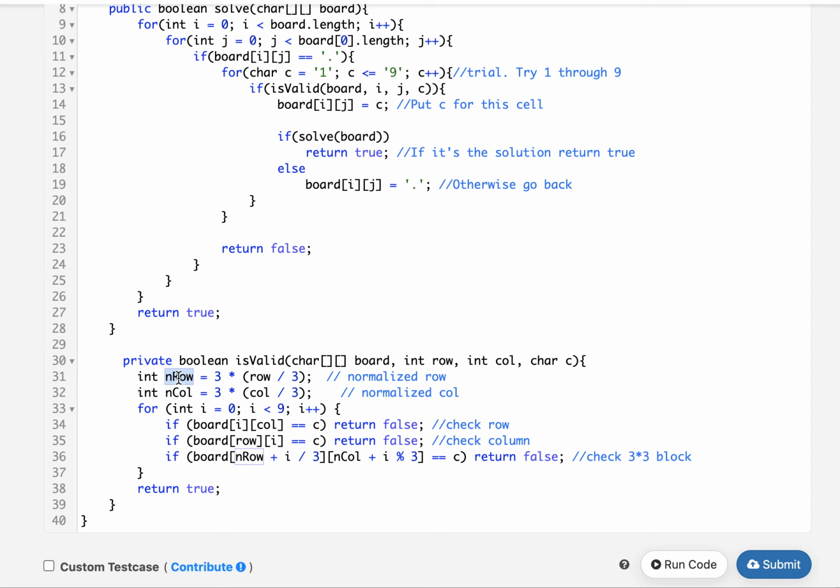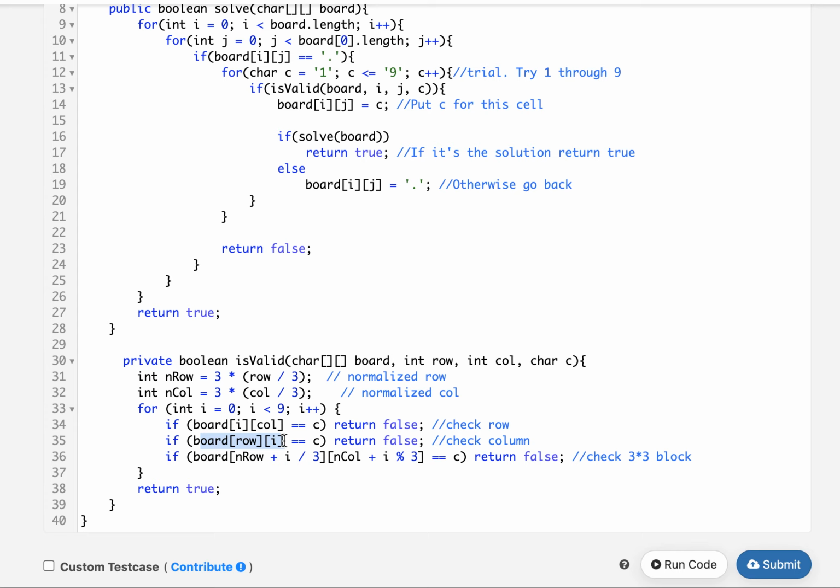The first thing that we have done here is to normalize the row and column, and we will check while iterating from I equals 0 up till I equals n or 9, if board of I comma column happens to be the current character which we are trying to put, we return false. If board of row comma I happens to be equal to C, the new character that we are trying to put, we return false.